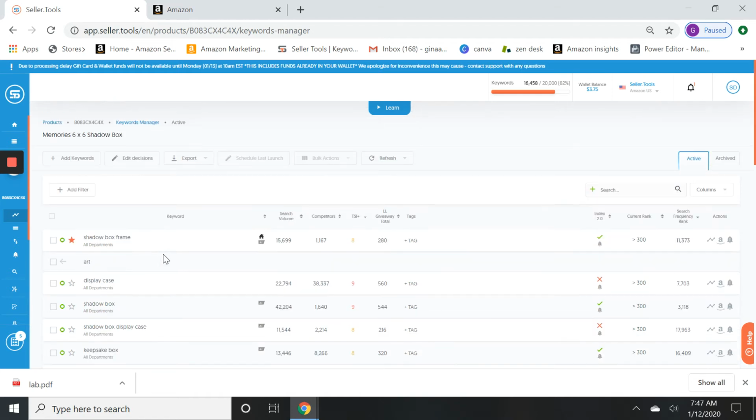What I like to do, whether it's a brand new listing or a listing that you already have live on Amazon, I like to find the ones that I'm not indexed for and really use those gold nuggets to really optimize my listing. So what I'm going to do is add a filter, and I'm going to filter to show everything that is not indexed. So I'm going to select indexed. Now you could filter for anything, but for this purpose, I'm just going to filter so that index equals false